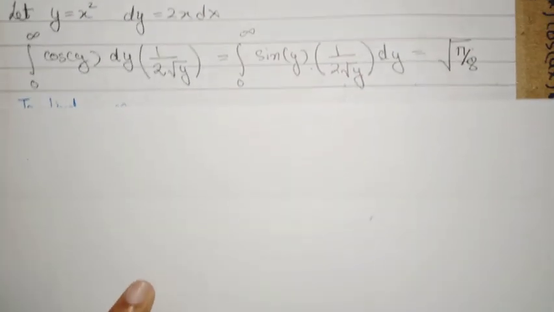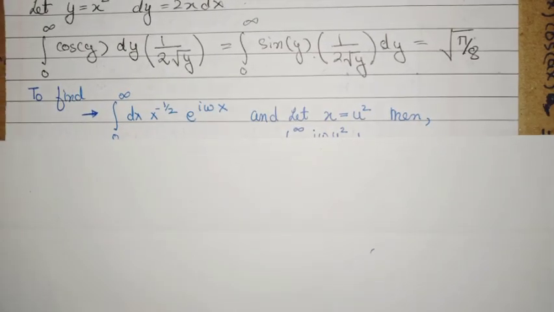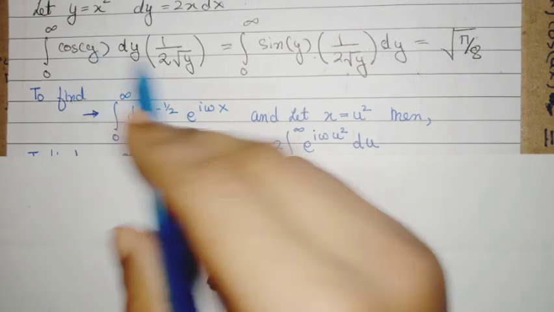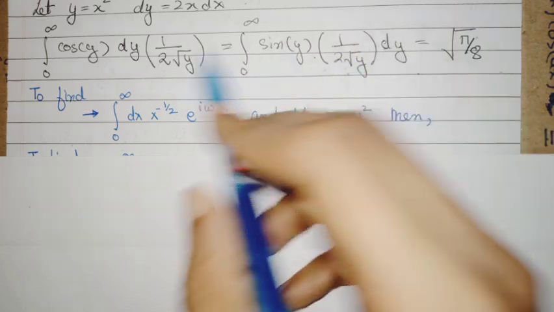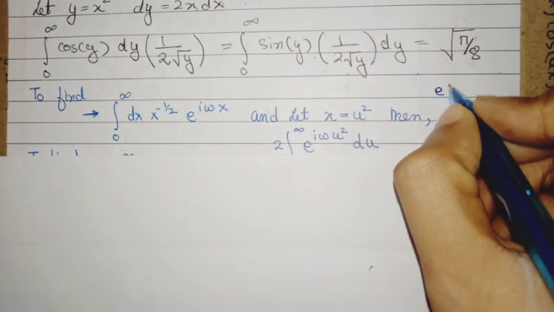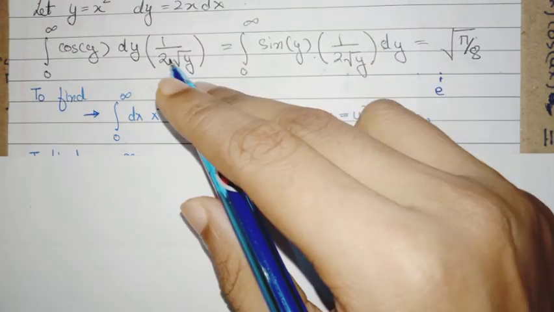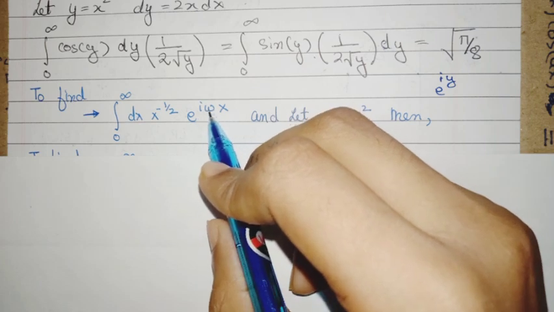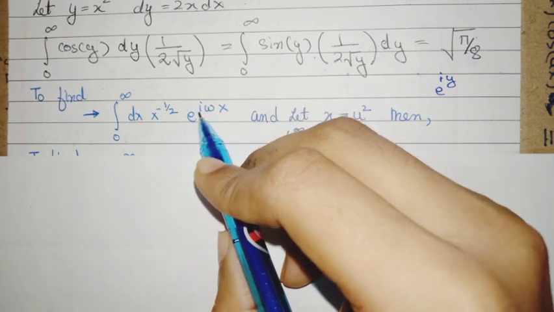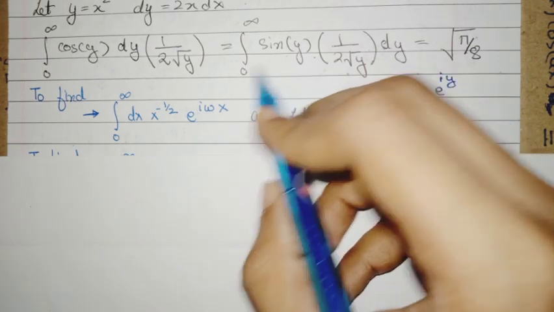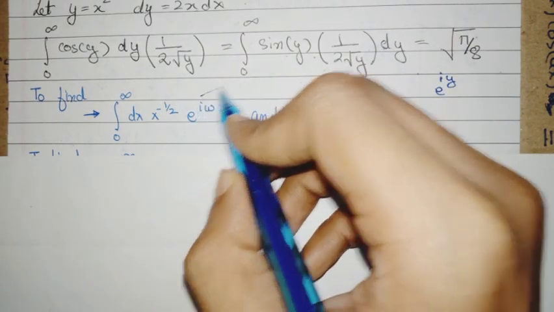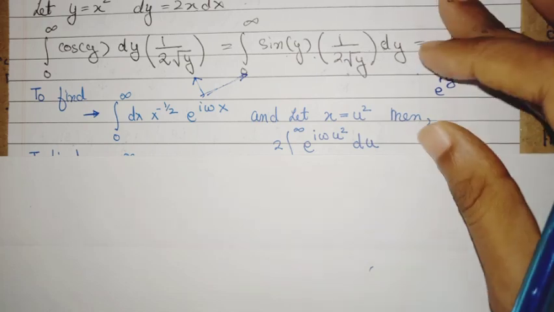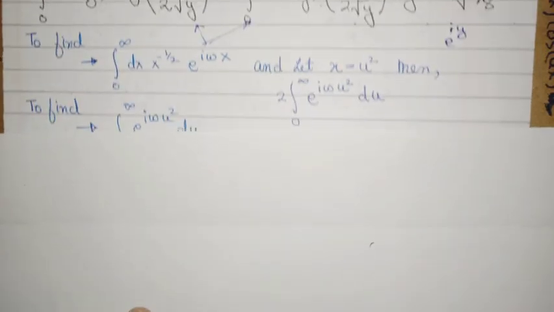Now the next step is to find this integral. So why is that true? You see, you have cos, you have sine, you have 1 over root y. You can club them together with exponential e^(iy), but I have just introduced the parameter omega, which can be set to 1. The imaginary part will give this integral, the real part this. So we will be killing the two integrals with this one integral that we need to do. So we need to find this integral.